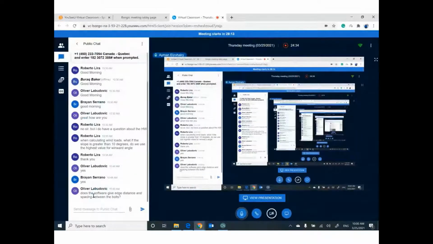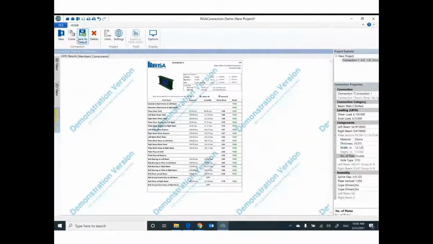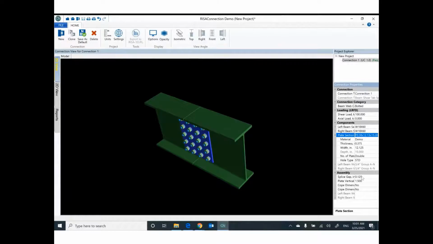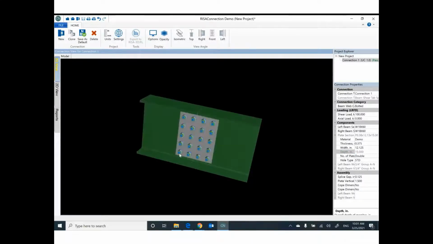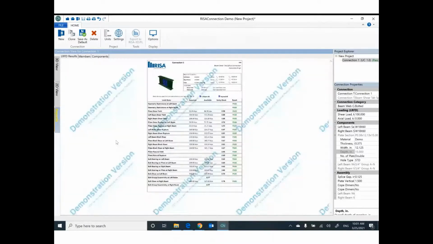We have another question. Does the software give edge distance? Yes, it can give you everything. For this plate, you should have here the thickness, the width, the depth of the plate. So if you have the dimensions, the number of bolts and the spacing between bolts, you can figure out what the spacing is. And also for the report,